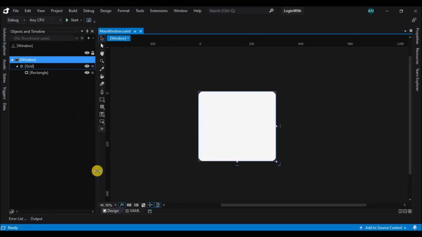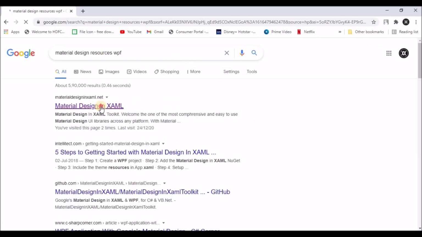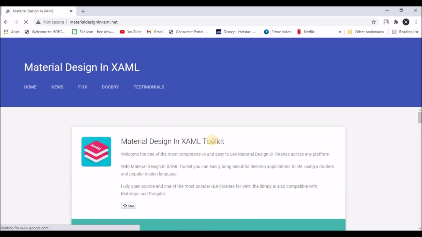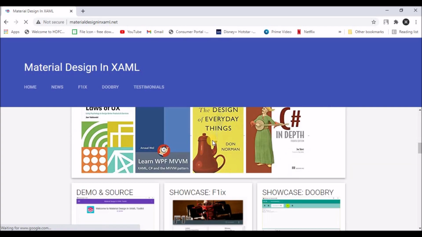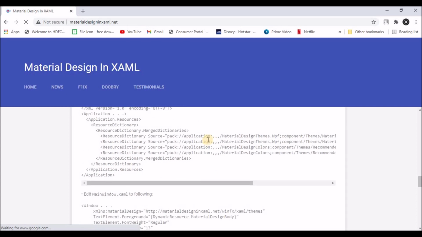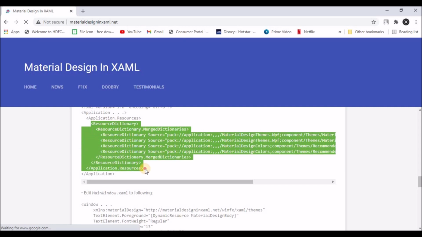Okay, let's stop. Now let's go to the XAML. Now go to Google and search for material design resources WPF. You will see the first page. Click on that page and scroll down. There you will find the resources that you'll have to add in the app.xaml file. So copy the resource dictionary